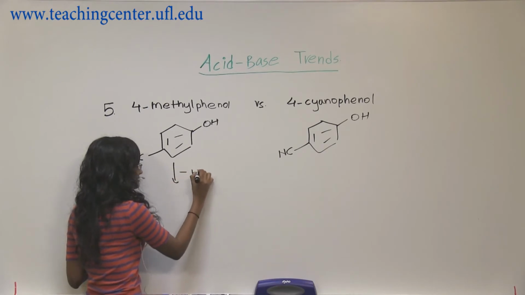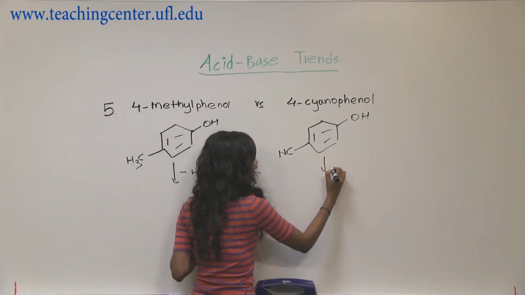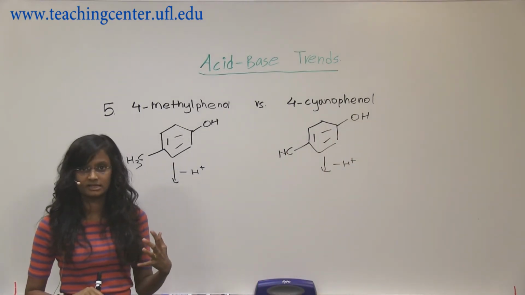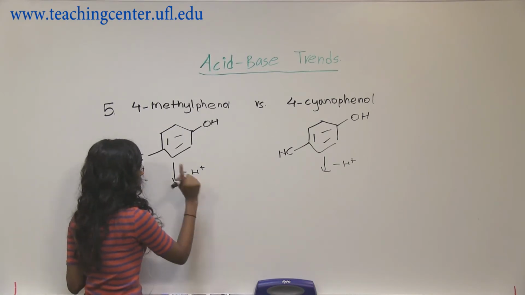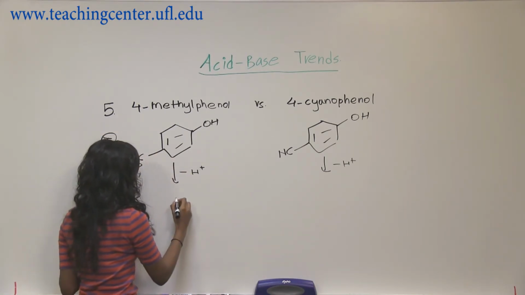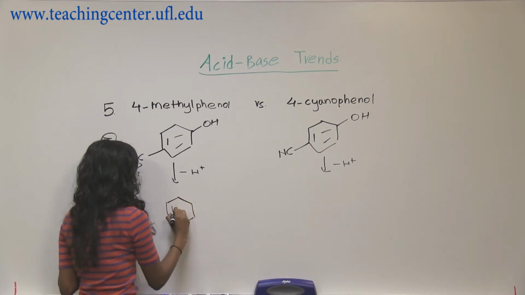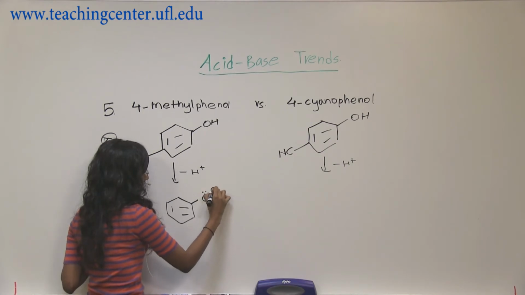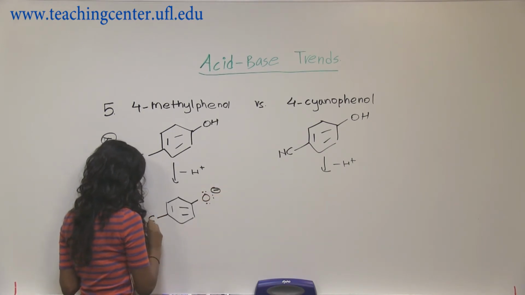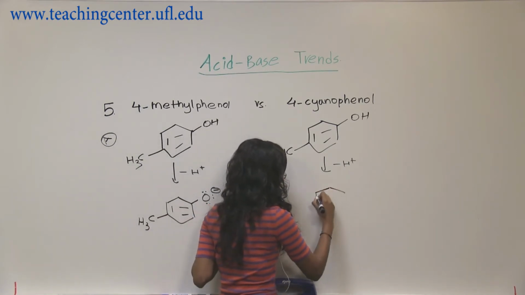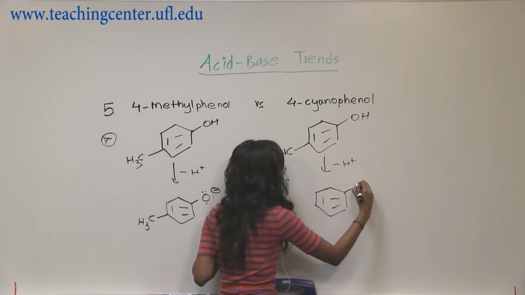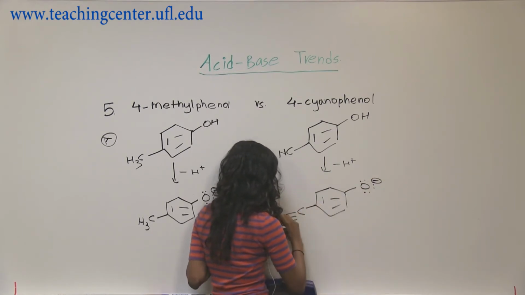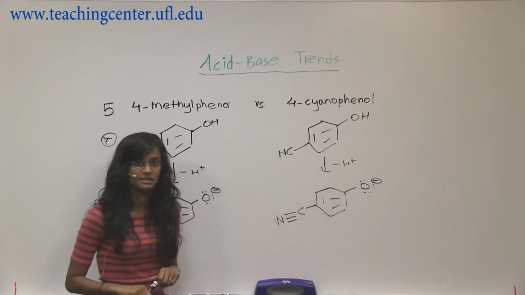So both of these still act like acid because the phenolic hydrogen is more acidic, and they tend to lose that. So both of them are still acids. So let's draw their conjugate bases to compare, so we can create the change and then evaluate. Okay, so that's there. Then here we have a nitrile. I'm going to blow up the picture of the nitrile so we can see